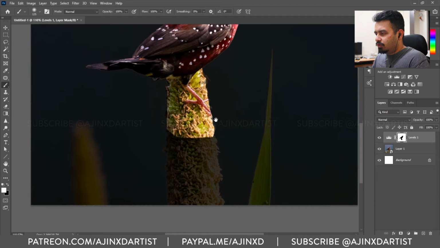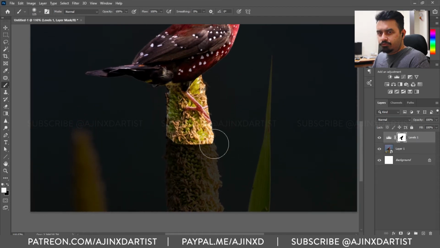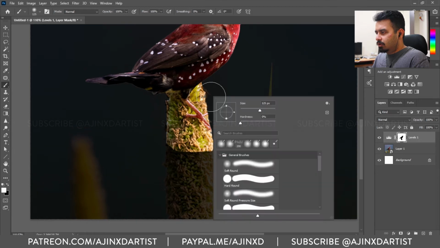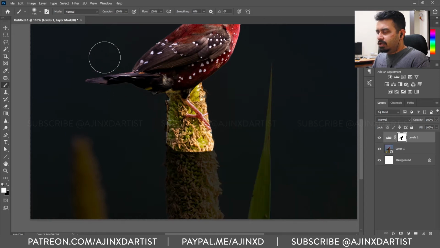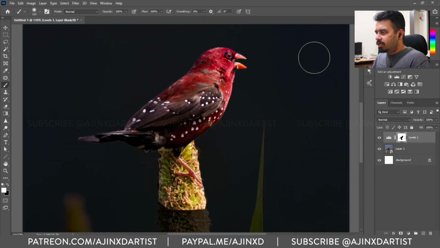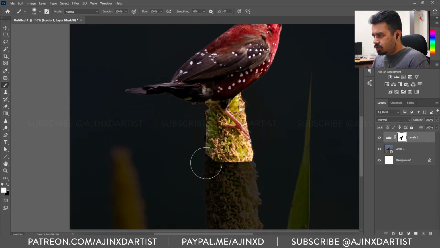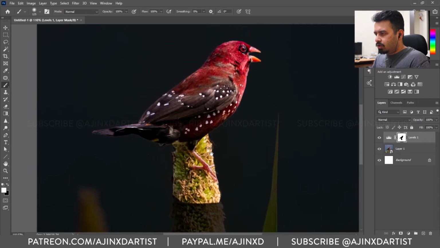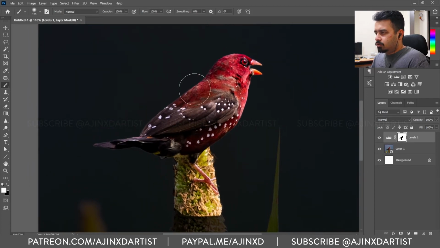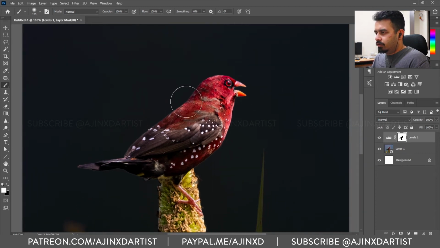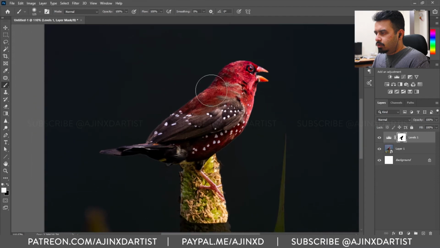So now if you'll see, as I said before, we can be a bit messy around our edges. So select a soft round brush, hardness can be maybe 11%, and opacity for now we'll keep 100 because we have not added the gradient that comes in later. So let's just brush in, brush out things that we don't want or want in this image. So right now, as you can see, the light comes in from the right side, so we'll add some shadows to the back side of this bird.